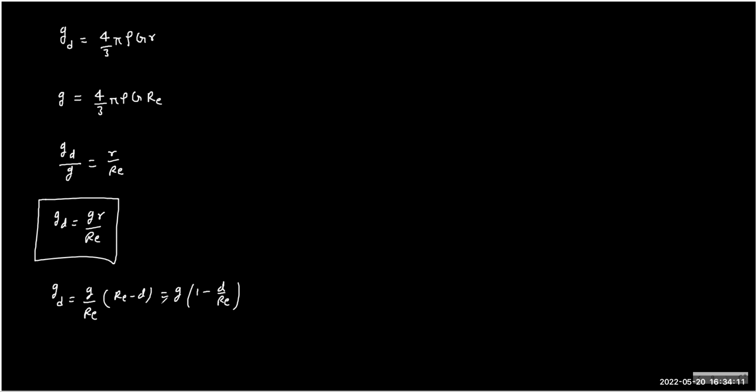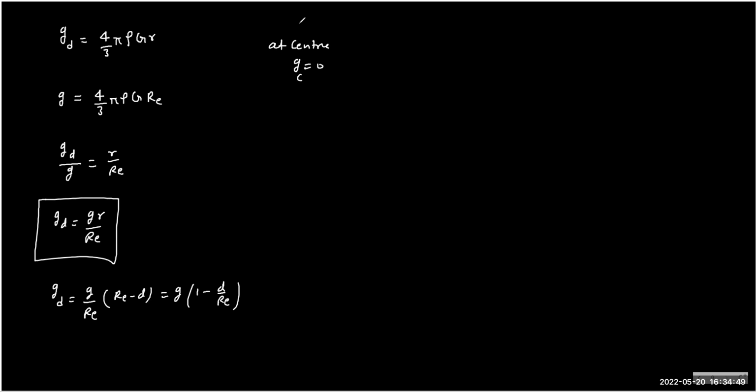Which means if you go d below the surface, the g will change by this formula, and if you go at the center, g will be 0, and that's logical because mass enclosed is 0. So at center, the g is 0. So as you go away from center, g will increase, and it will pull you towards the center because the direction is towards the center, right? Now, what is most interesting is that g is a function of r, so it is a good question of SHM.